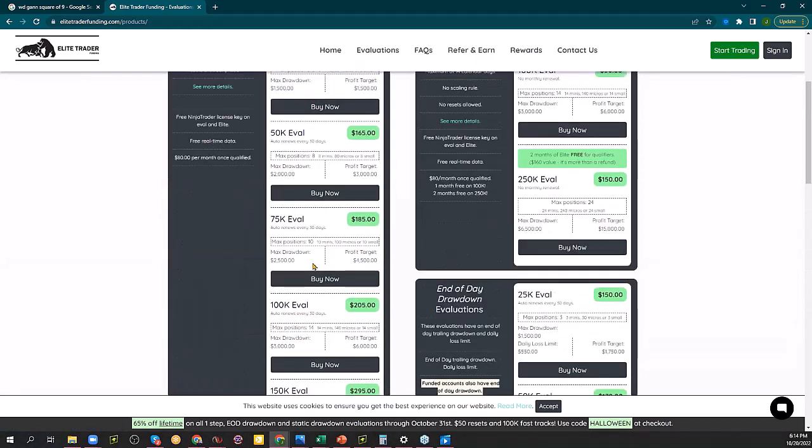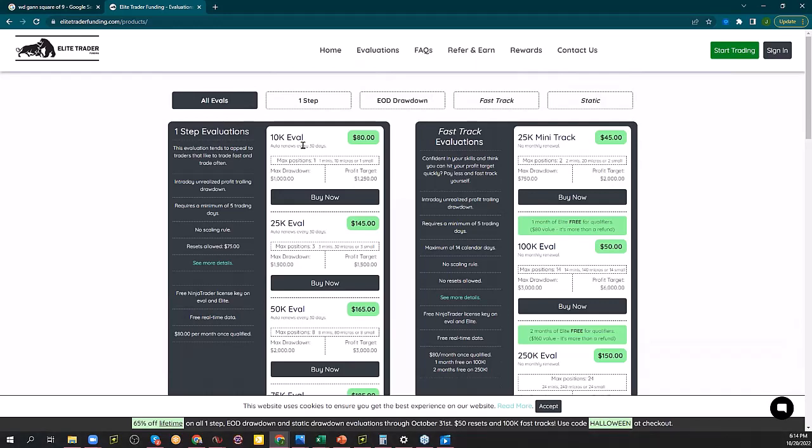And then what's this over here? I understand that auto renews everything. No monthly renewal. Oh, these are fast tracks. What? Oh, so you don't need to have a maximum of 14 calendar days. Oh man, I don't mind that I'm going off on a tangent on this. So Apex is a minimum of 10 trading days. They'll let you qualify within only 5 trading days. That's 1 week. That requires much less patience, but it also might make people reset more. Resets allowed. No resets allowed.